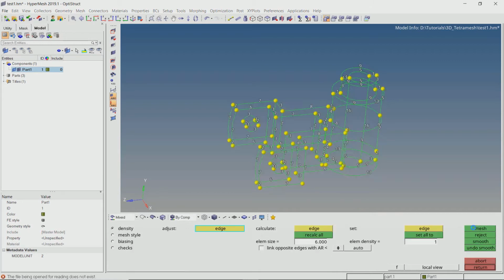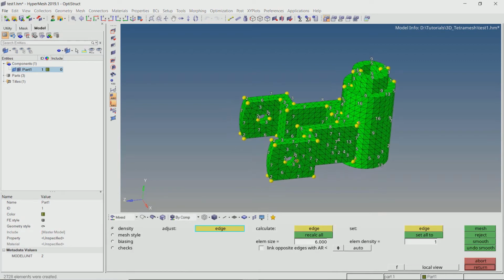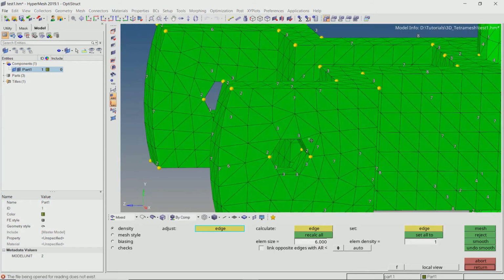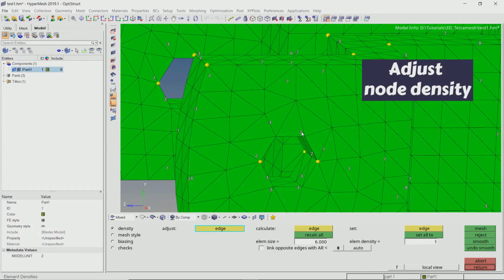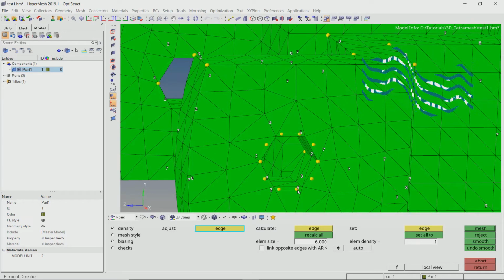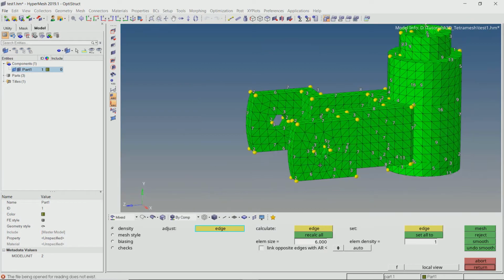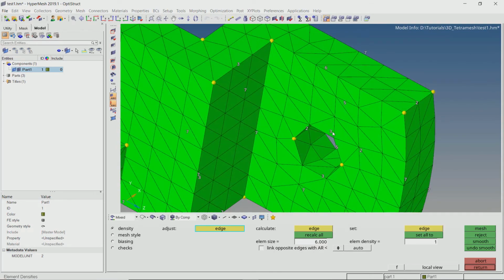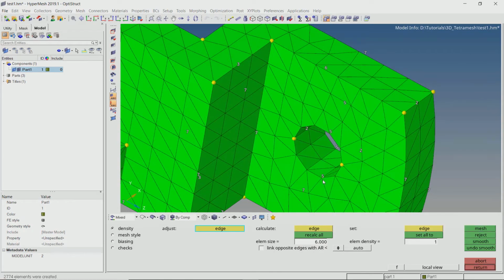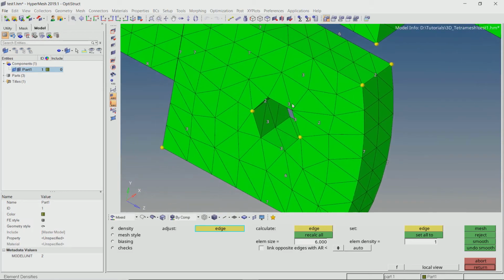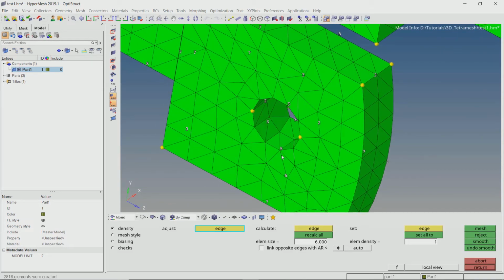With all other settings as default, create the surface mesh. Now we will adjust the node densities along curves and edges. This will create more number of elements in specific areas of our model and help to capture crucial geometric features. By doing this, we can have better flexibility about our mesh and pinpoint regions of greater importance.